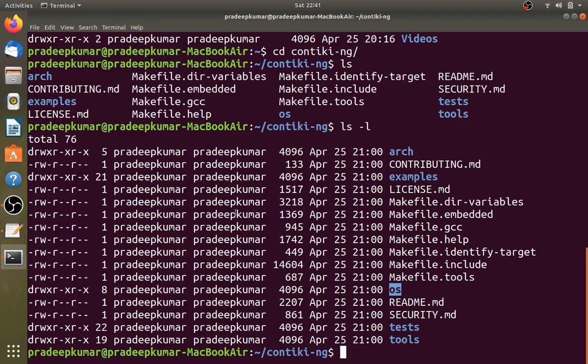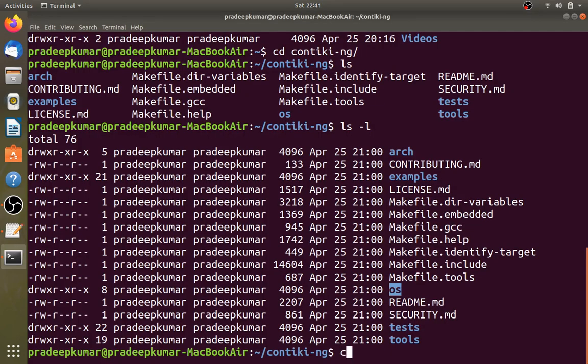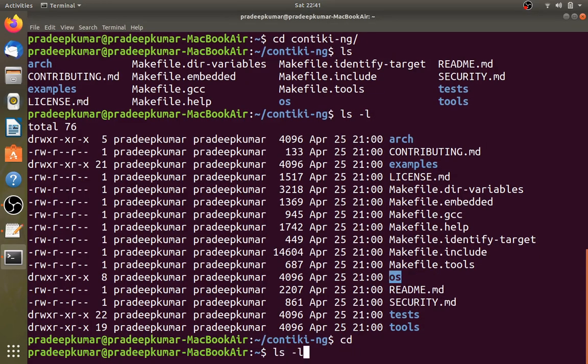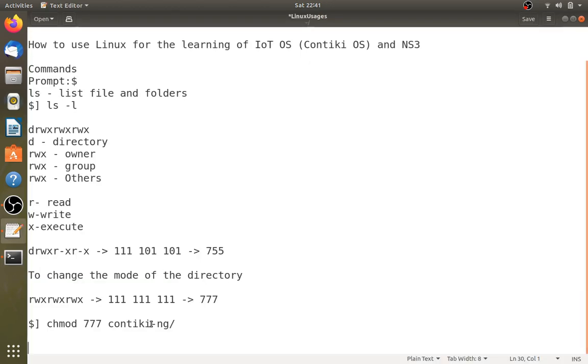In case you want to change the folders inside also, then there's a separate command for that. So I'll leave it to you. You can use chmod -R, recursive. You have to give it this way. Let me not go into that. Again I will just revert this folder back to 755. Okay, you can check it now. Yes, this is config ng. So okay, fine, this is one command.